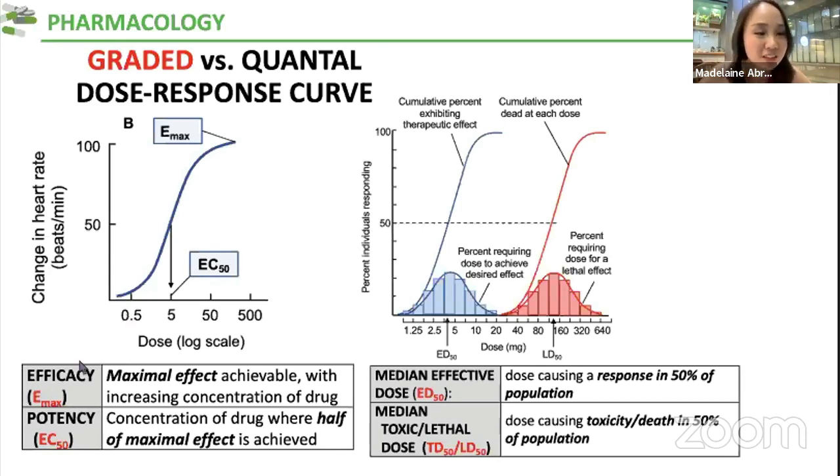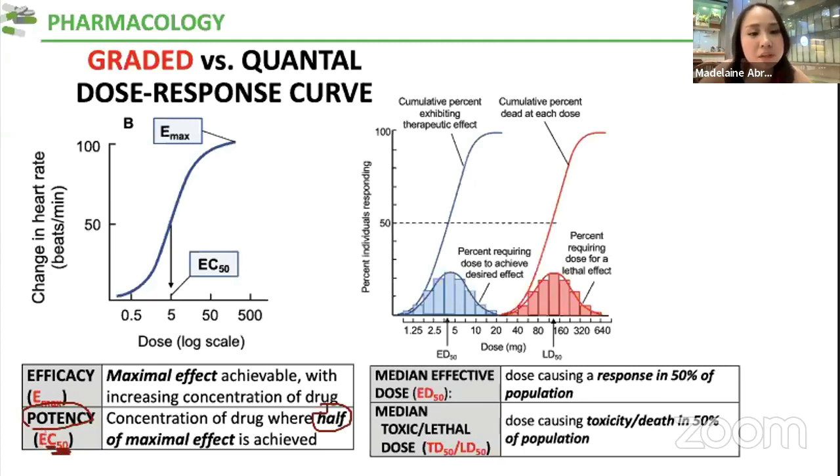So for this one, sa graded dose response curve, you're talking about efficacy versus potency. Efficacy, obvious naman yan, the maximal effect. Ang gusto ko ma-emphasize siguro yung potency. When you say potency, it's a measure or concentration of the drug wherein half of the maximal effect is achieved. So half of the maximal. Dok, paano madaling tandaan? Our label is EC50. That's half. Ibig sabihin nito, it is the concentration, hence C, at which 50% of the effect, letter E,